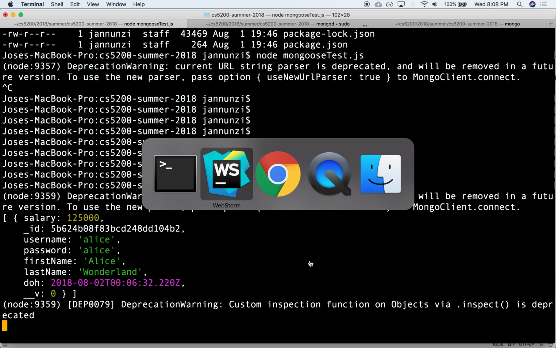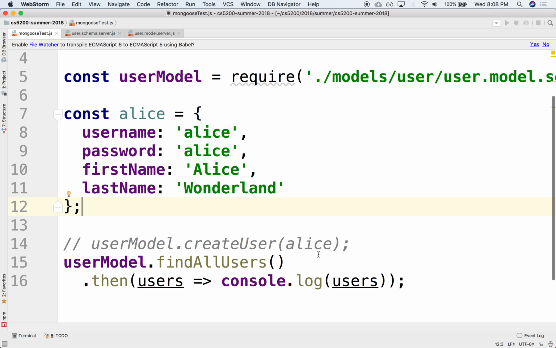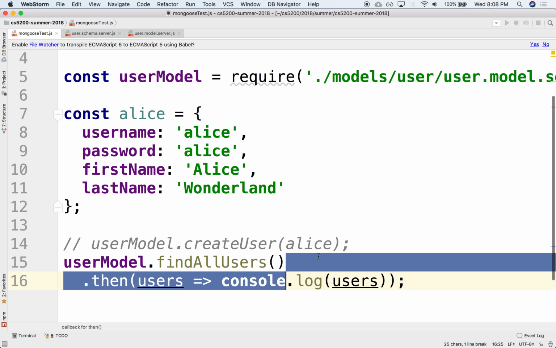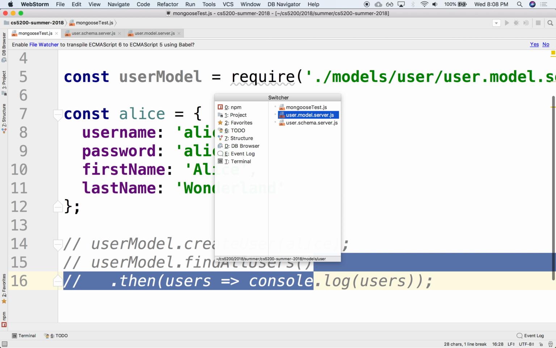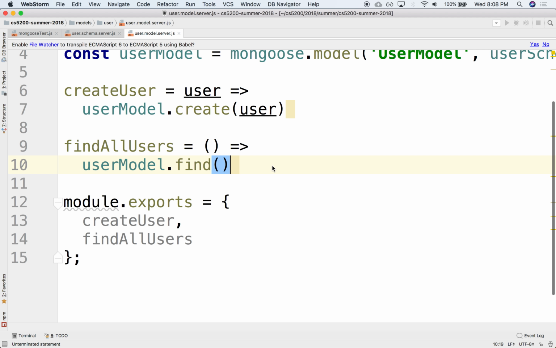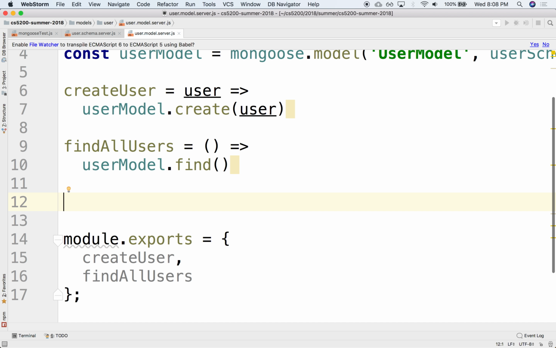So we have some of those examples. Let's expand the model a little bit. What other use cases? Typically we want to be able to have all the CRUD operators plus the find by ID. Those are the most common ones. If we go back to the model, we can implement all the other ones. For instance, we can say find user by ID, right? That might take as argument the user ID,